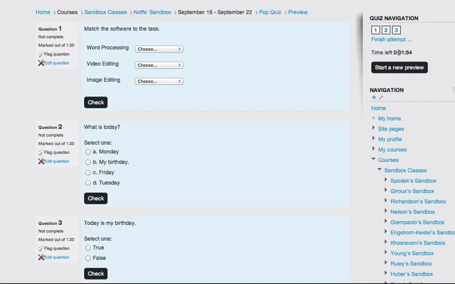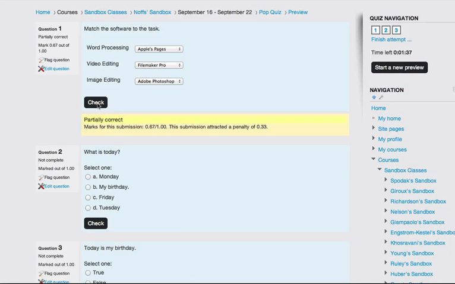You can notice the time is ticking down on the right hand side here, and they would just go through and answer the questions to the best of their ability. I'm going to choose one wrong just to see what happens here. They click Check because we're in adaptive mode. They get another opportunity here to fix their errors. And so